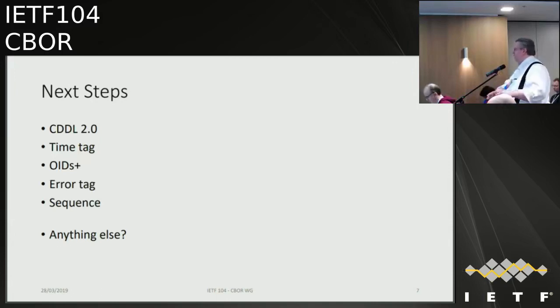So we have one bucket of tags that really come from inside the IETF. Then we have another bucket of tags, like the time tag, which are just kind of obvious and need to be done. They're very similar to the tags that we already have, good parts of the ecosystem. And maybe with a decision to split out most of the tags, that's a good time to think about restructuring this area. And then we have a third area of tags, which really are registration requests from outside, like